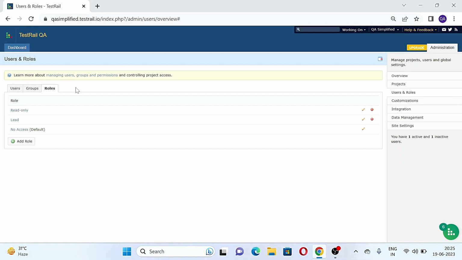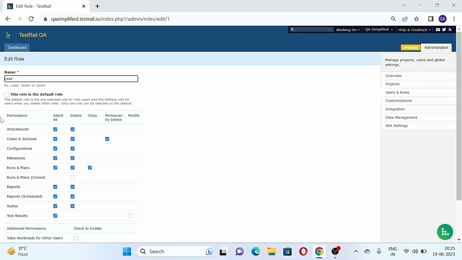So let us first understand what roles are all about. In any organization, there are multiple roles, right? There is a lead, there is a manager, there is a QA engineer, etc. Similarly, you can define any role from here, and for that specific role, you can provide a specific set of accesses. For example, if I click on this edit option next to lead, you will see that